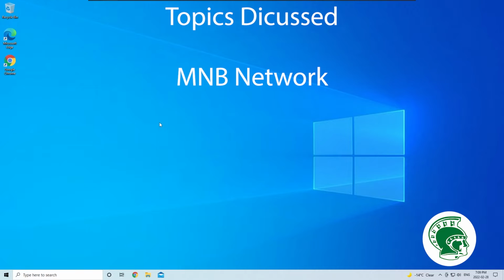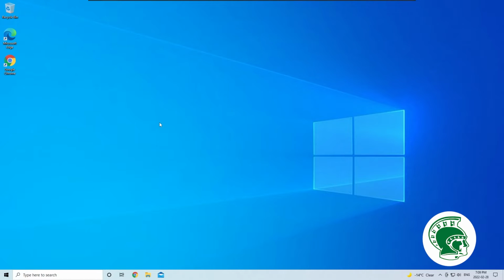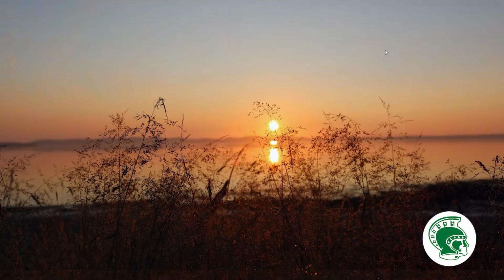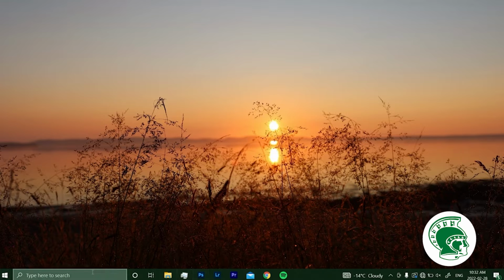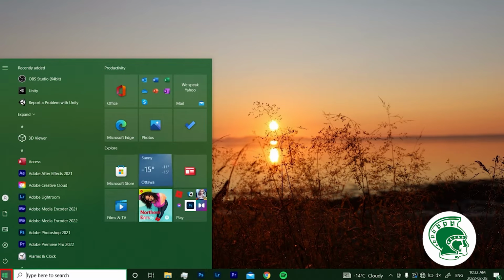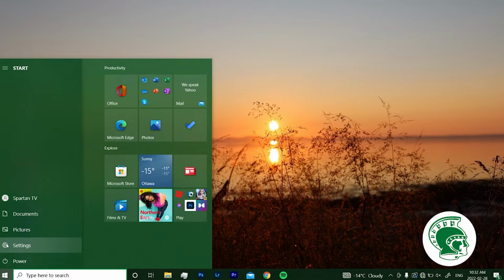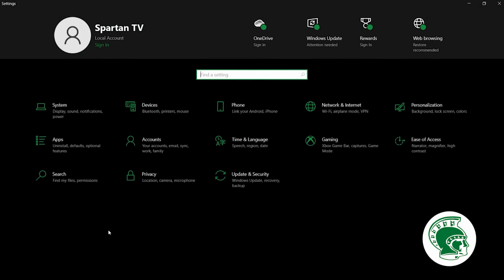So starting with connecting to the MNB student network. I'm on a desktop right now which doesn't have a Wi-Fi card, so we'll jump over to the laptop and I'll be right back. So to access the MNB network, the first thing we're going to want to do is go to the bottom left to the Windows key, give a click on that, then go to Settings, which is the little gear icon. Then in Settings we're going to want to go to the Network and Internet section,